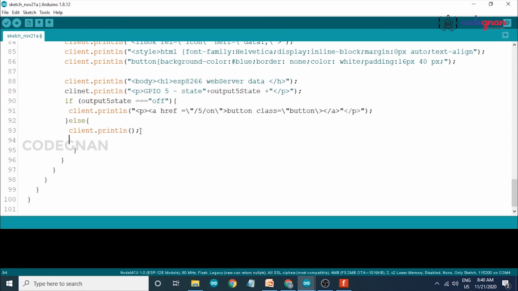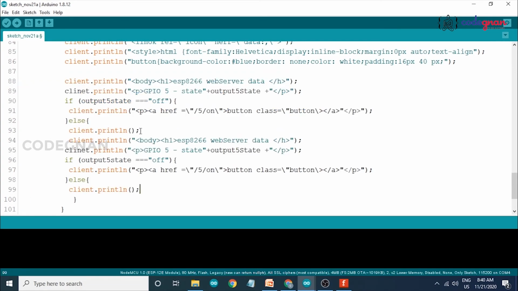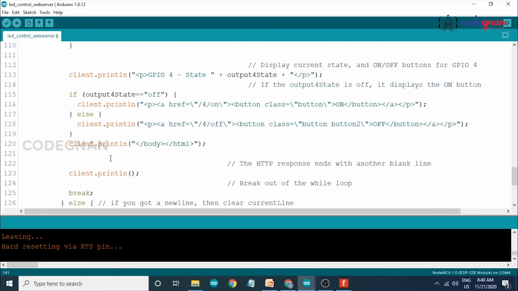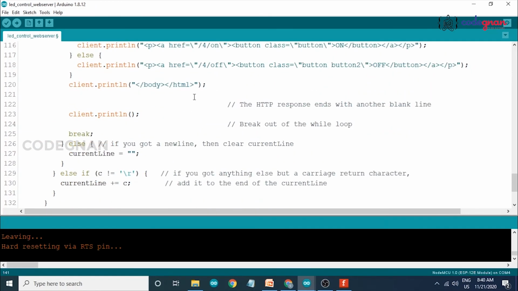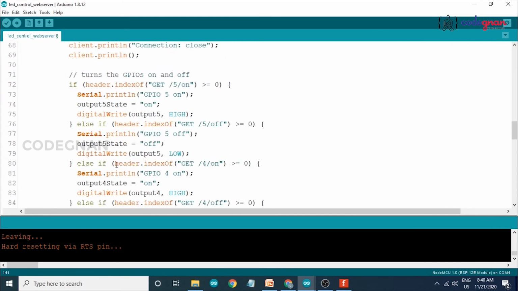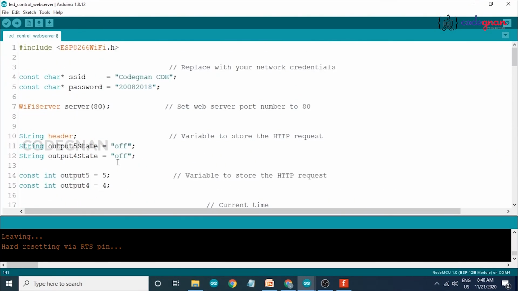Just copy this and paste. Okay, now I'm writing my command again for the buzzer also, and break it, and also write header client.stop, Serial.println client disconnected. This is for sending data to the client.